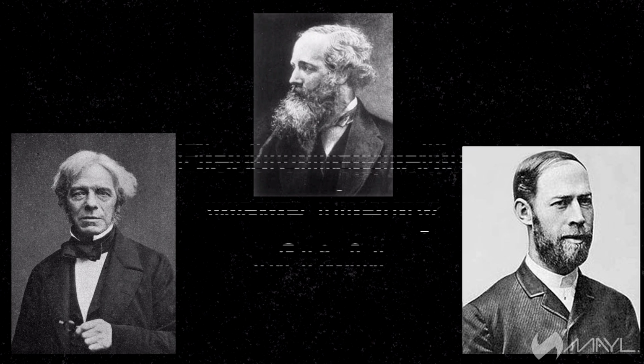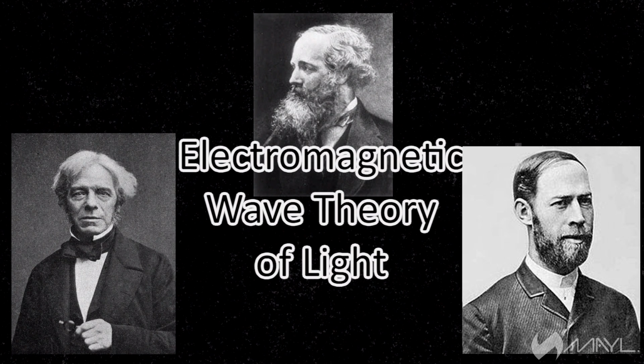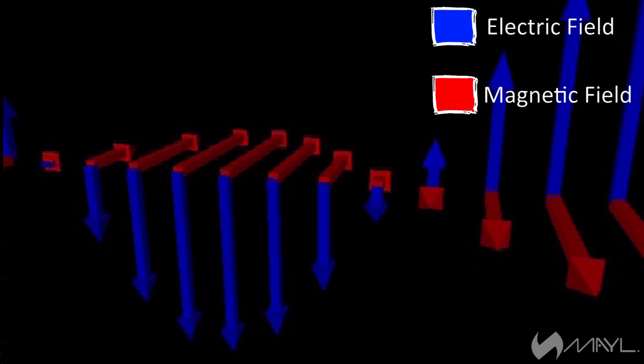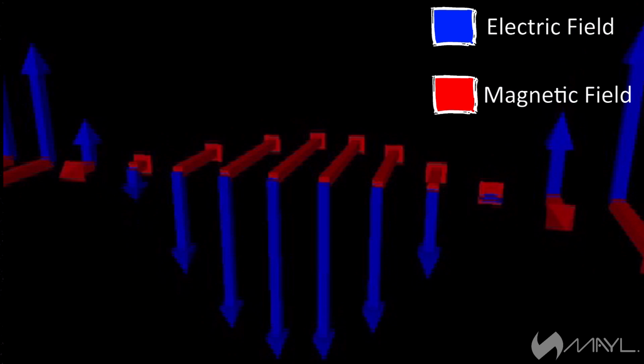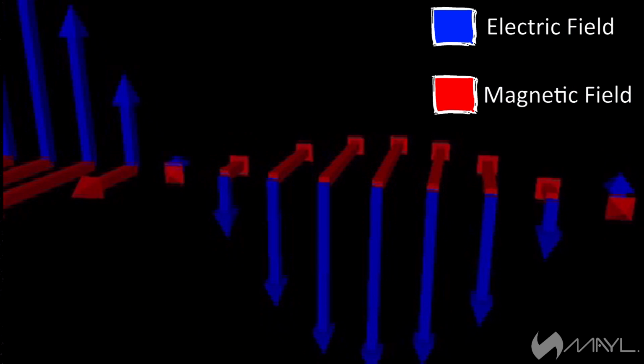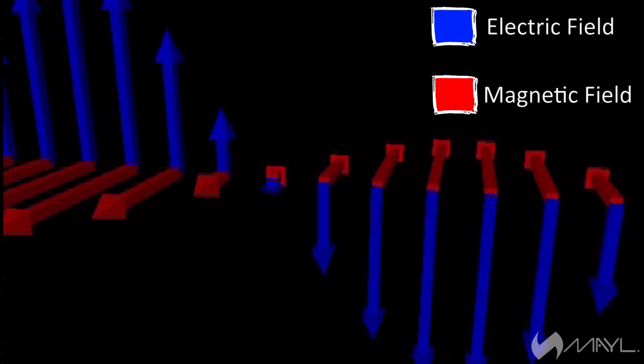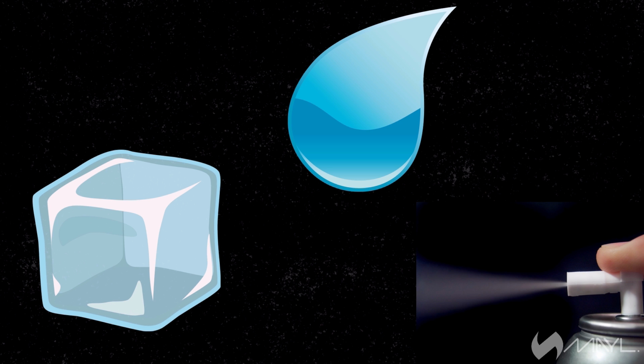Later in the 19th century, when electromagnetism was slowly being explored by greats like Faraday, Maxwell, Hertz to name a few, the electromagnetic wave theory of light came into picture. An electromagnetic wave is a wave that propagates or moves in the three-dimensional space around us due to variations in electric and magnetic fields at any point. So it does not need a medium like solid, liquid, or gas to travel through and can exist in vacuum as well.